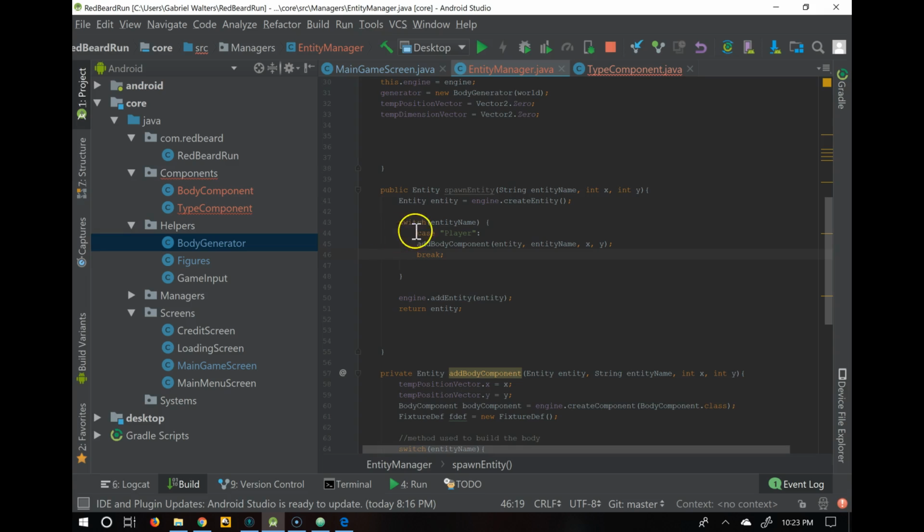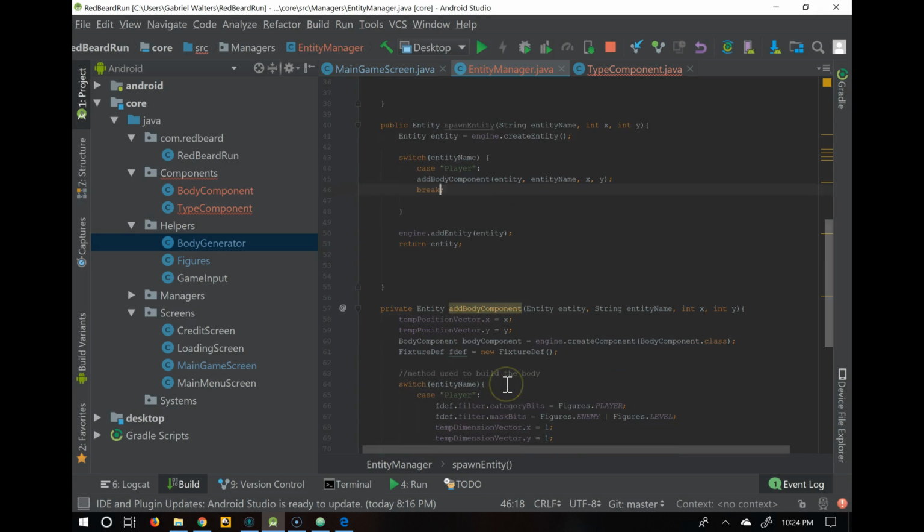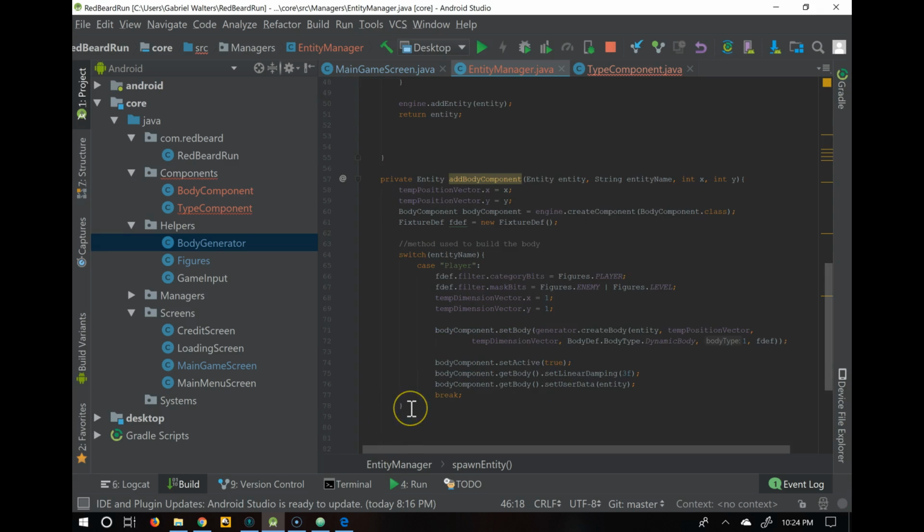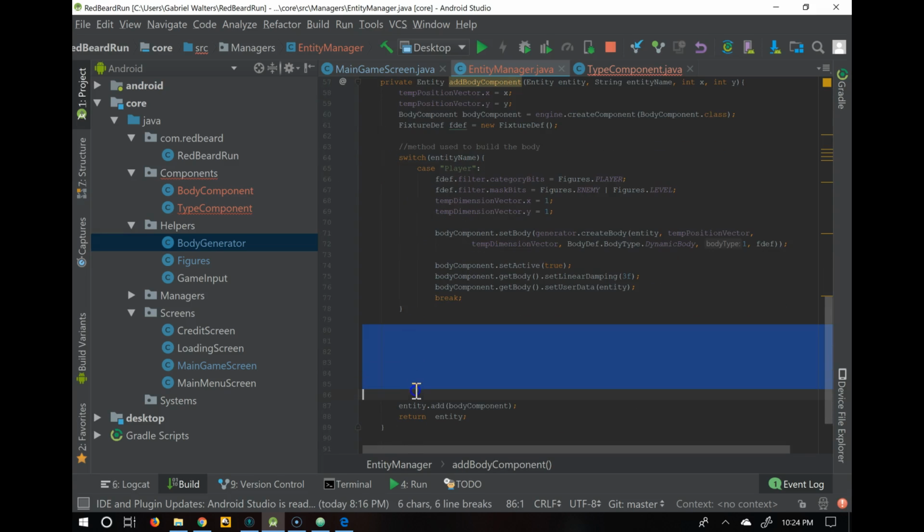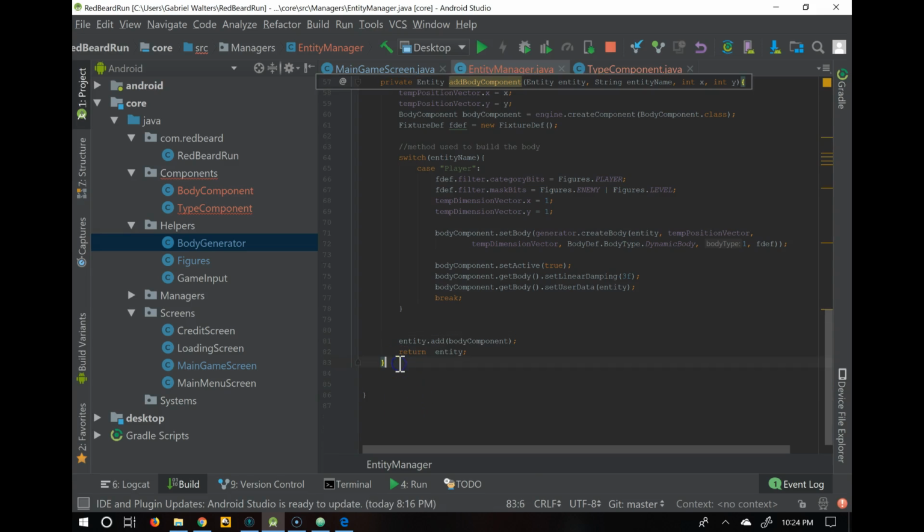Okay, so basically what we have now is a switch inside the spawn entity. So when we call this, if we type player, it's going to link up that, yep, these are the components we're going to create. And then it's going to build that. Now what we don't have is a type component, which we should have. So let's go ahead and create that method right now. Take all those spaces off. Private entity add type component,